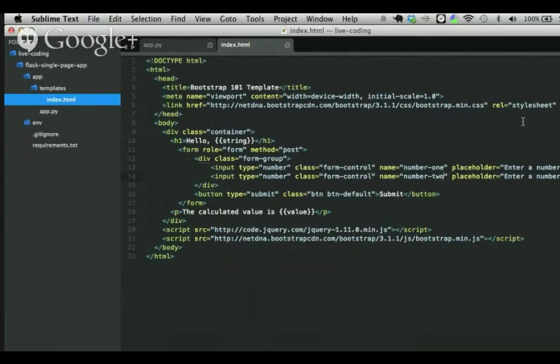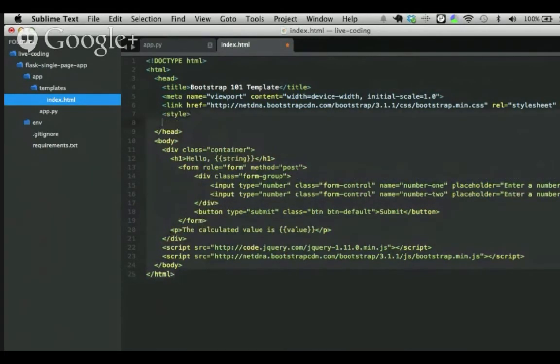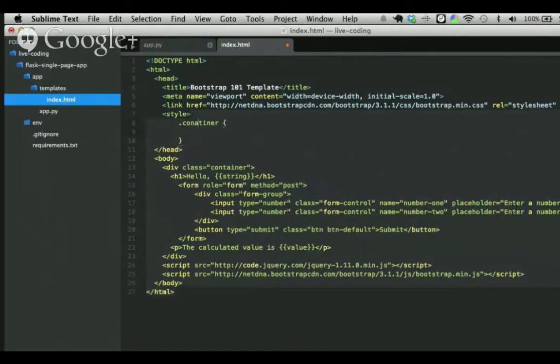and number 2. Now I want to add some quick styles to this, and we should actually add an external style sheet, but I'm going to do this quick and dirty since we're doing this to save some time, and I'm just going to go ahead and put them right here so we can say style, and put some styles on the container class here. And again, if you're not familiar with HTML and CSS, go ahead and check out that free resource that I showed you before. And let's set a max width on this.